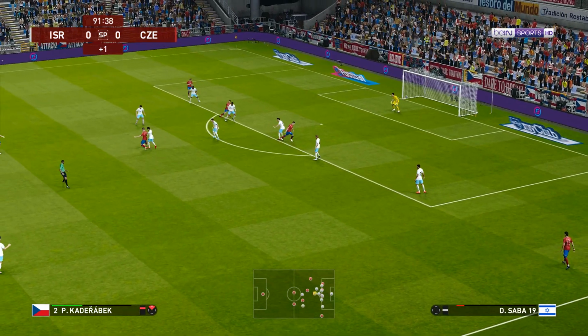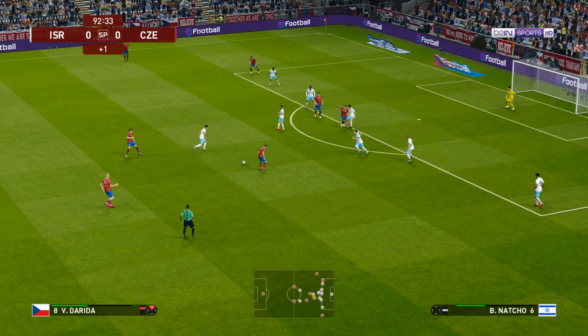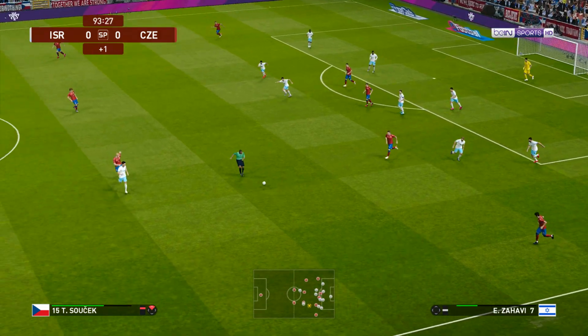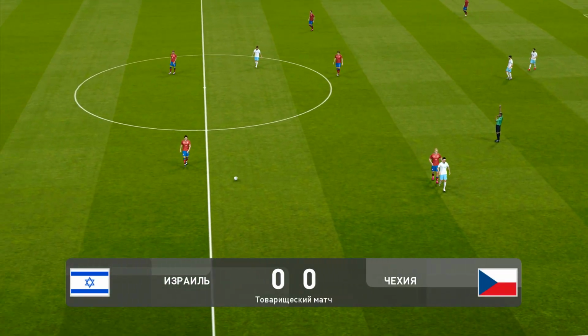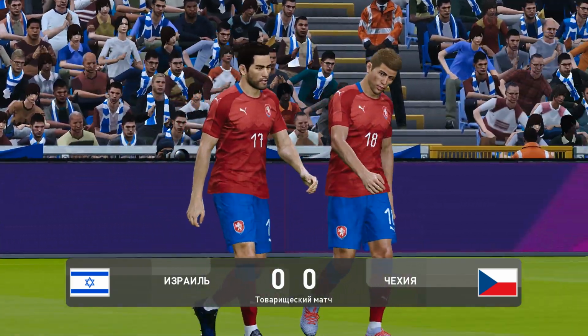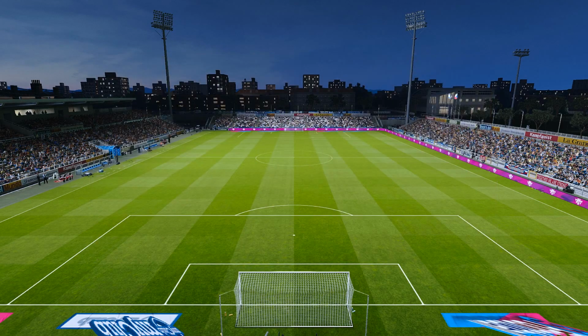The Czech Republic cannot afford for this to peter out. There just isn't time left. And that's that. Well, it looked 0-0 from a fair way out. Little craft or guile or penetration. Defence is largely untroubled. It's goalless. Your reflections then, Jim? Israel can always take more positives from a